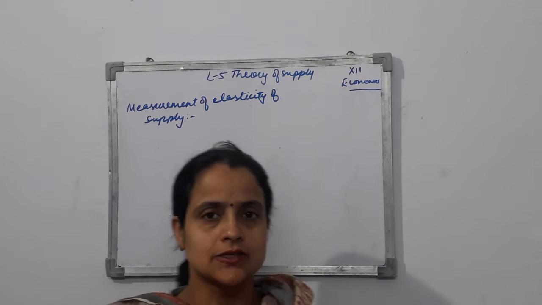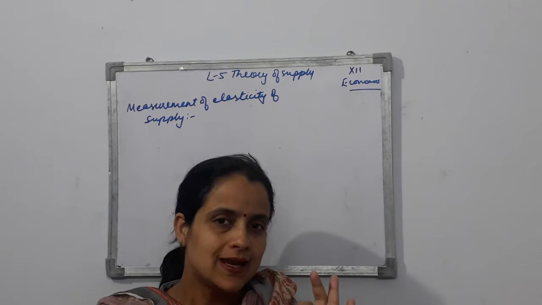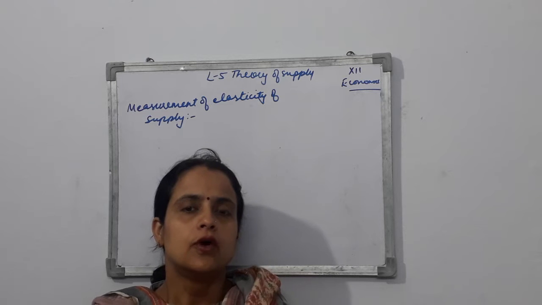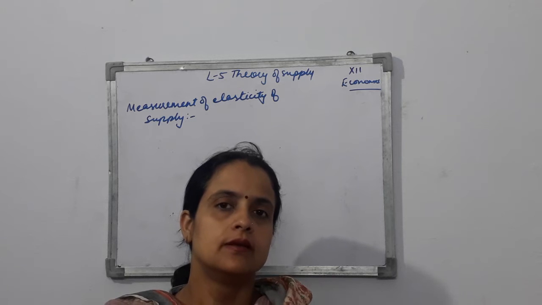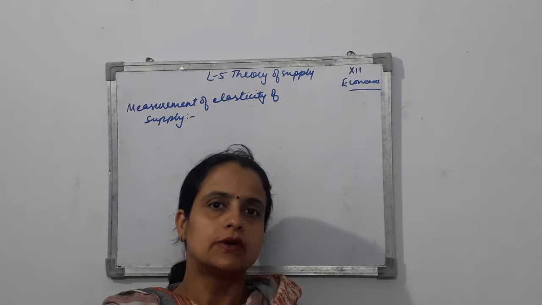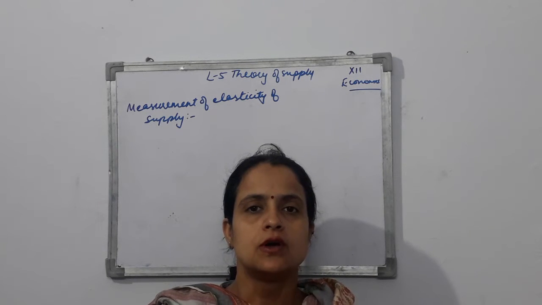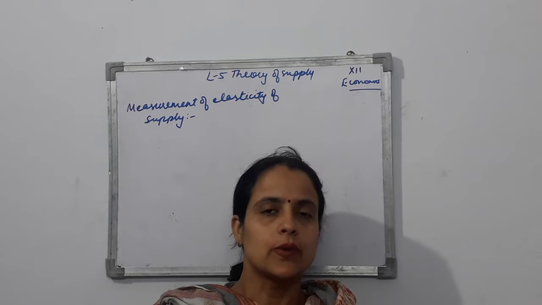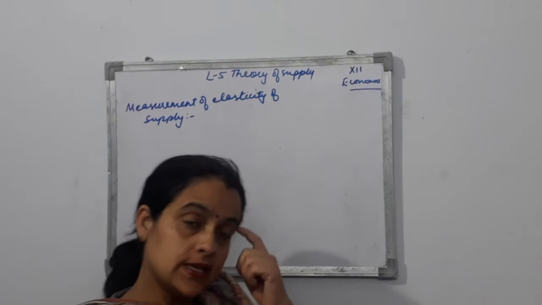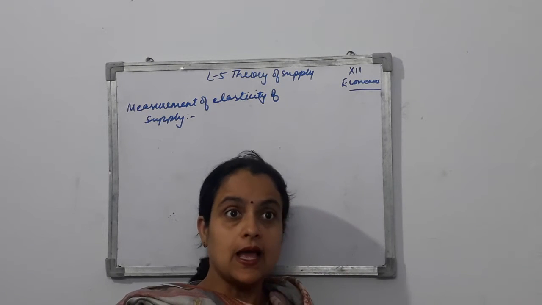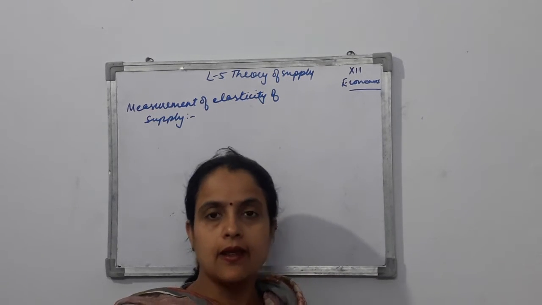So basically, what is elasticity of supply? I told you earlier also, elasticity of supply is the measurement of the responsiveness of supply to the change in price, right? By whatever magnitude the price is changing, we have to see the response of the quantity supplied. When the price changes, the supply changes. We know this, that this is the law of supply. When the price rises, the supply also rises, because there is a positive relationship between price and supply.